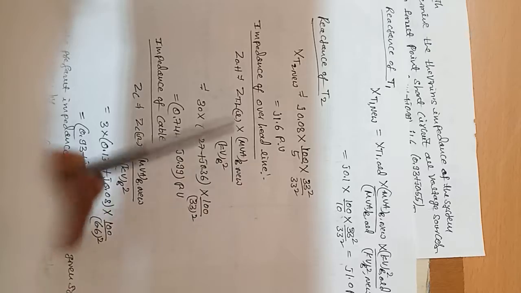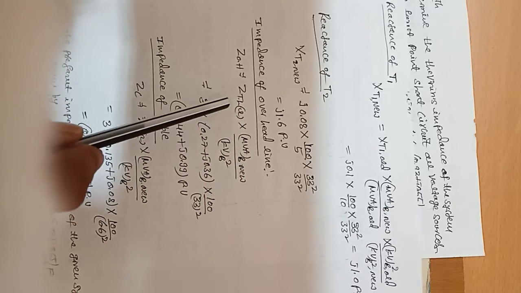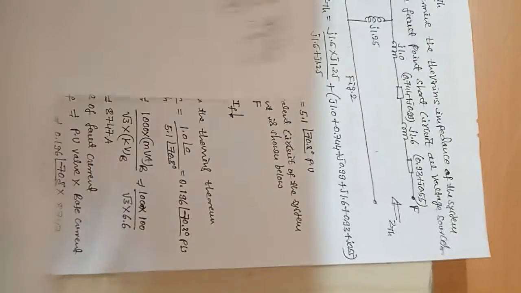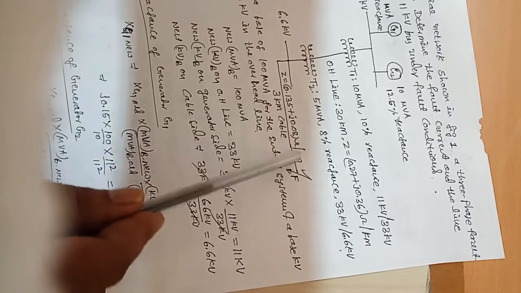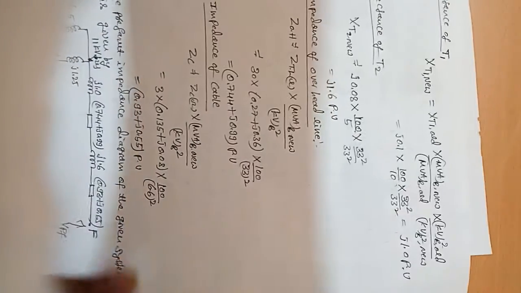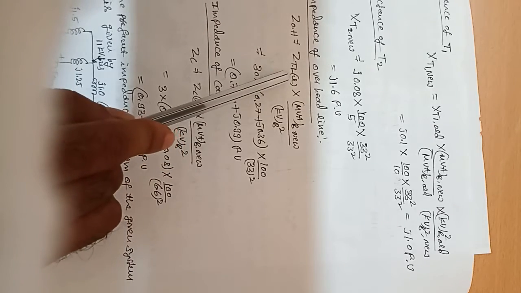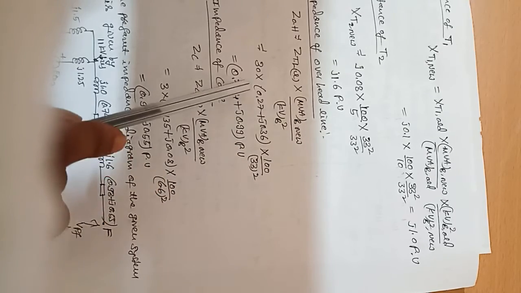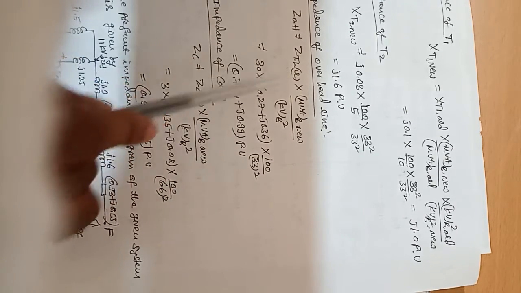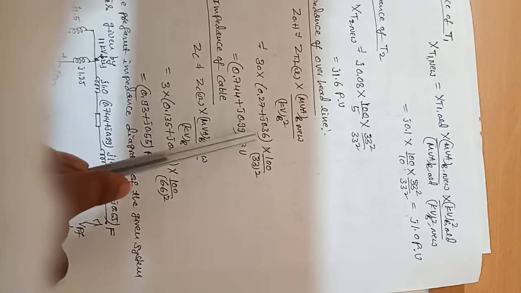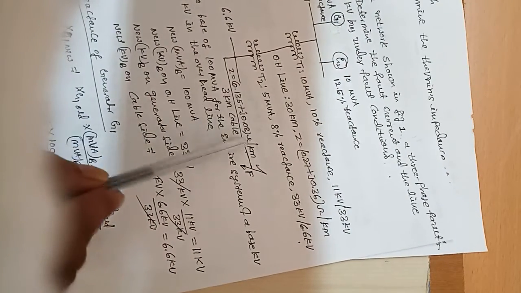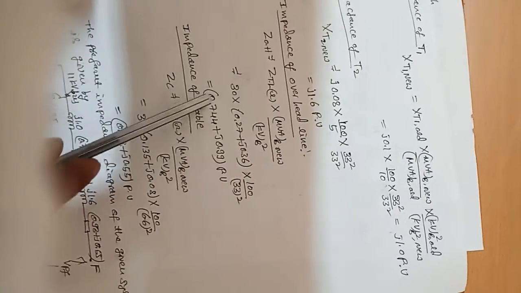Next, the impedance of the overhead line. So Z of the overhead line equals, you know the formula, the ohmic value into, because the overhead line is given in ohmic value. The formula to convert ohmic value into per unit is Z in ohm into MVA base new by kV base new squared. So here the impedance of the overhead line is 0.27 plus j0.36, that is per kilometer. But I want it for the whole length of the transmission line. What is the length? 3. That's why I am multiplying it with 3. Sorry, this is 30.